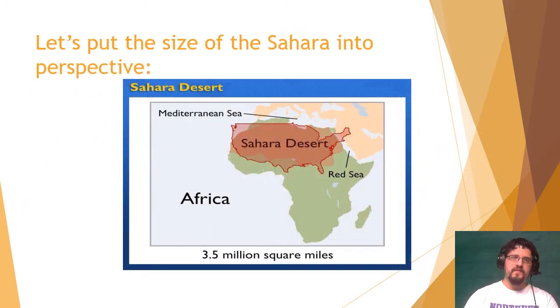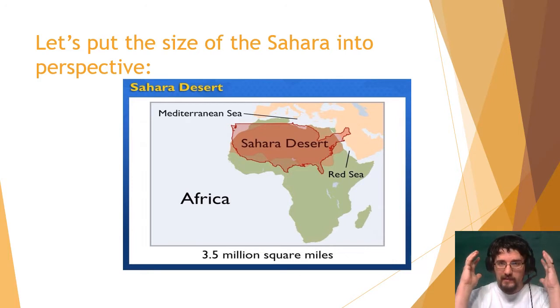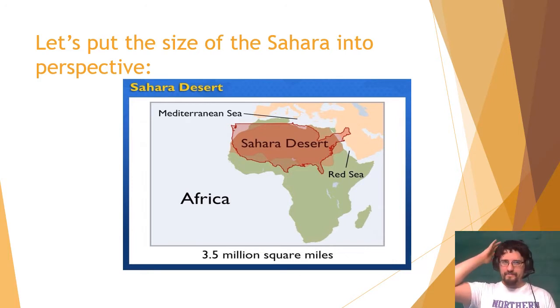We don't often appreciate the size of the Sahara Desert, but it is almost the size of the continental United States. As you can see here, this stretch right where I'm drawing this line is in fact a stretch of desert that would run from the US-Canada border all the way down to the US-Mexico border. That is a lot of desert. And so we need something that will enable us to cross it. Enter